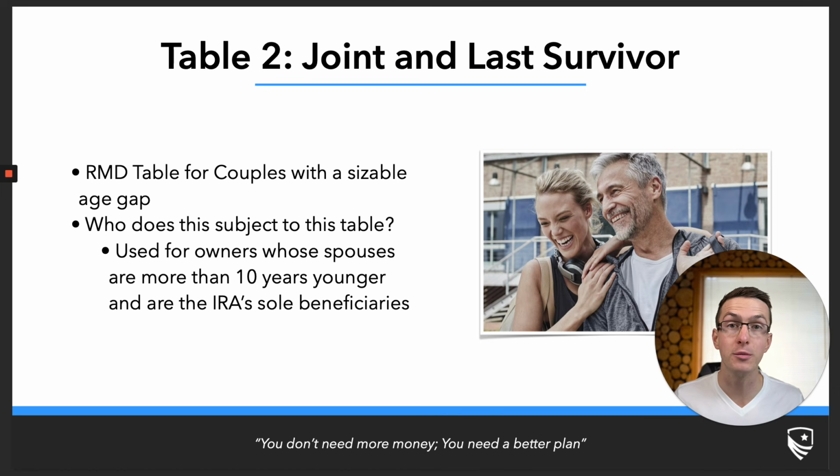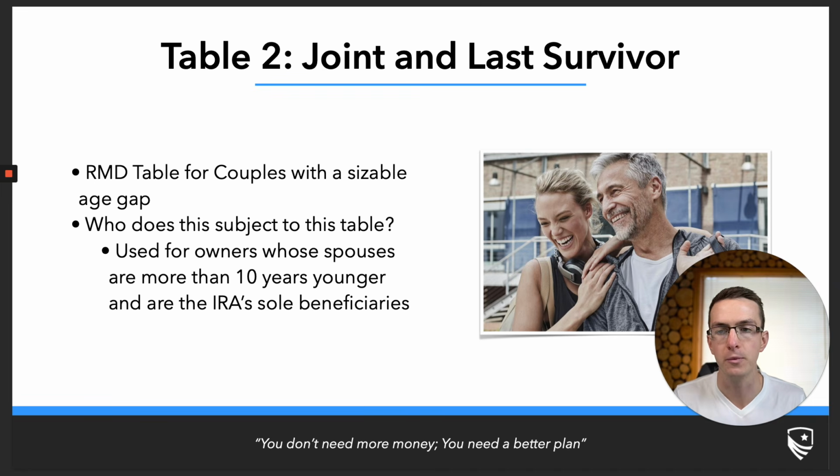So there are 3 tables. There's the uniform table, then there's table 1, which is the single life expectancy table, and then there's table 2, which is the joint and last survivorship table. Now we're going to be covering table 2 here. It makes sense as I go through each of these tables why we're covering table 2 before table 1, but